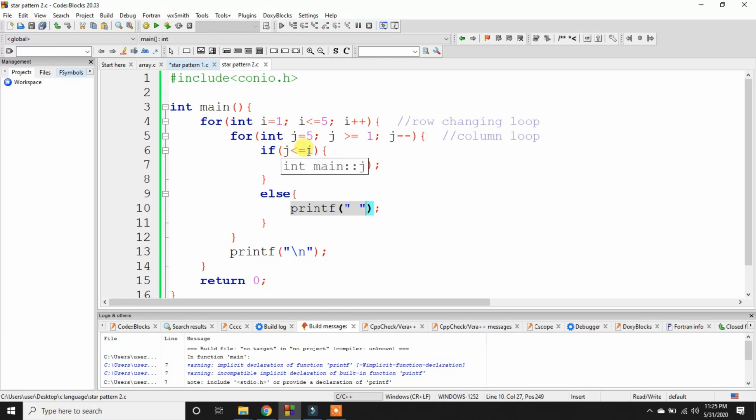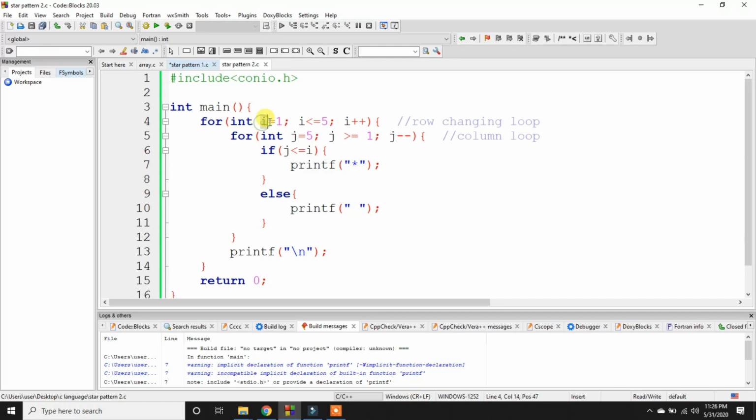Then j becomes 3, i is still 1, the condition is again false and it will print the space. j becomes 2, the condition is still not satisfied, it will print the space again. So it prints 4 spaces in the first row, and after that j becomes 1 and i is 1, the condition is satisfied because j is equal to i, so it will print the star. So in the first row there are a total of 4 spaces and 1 star printed.